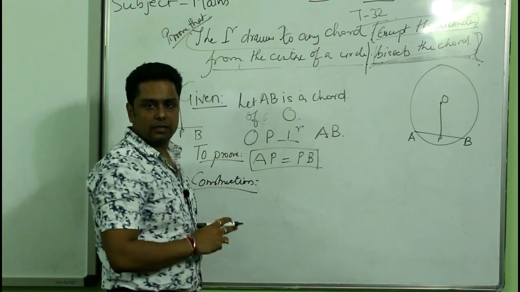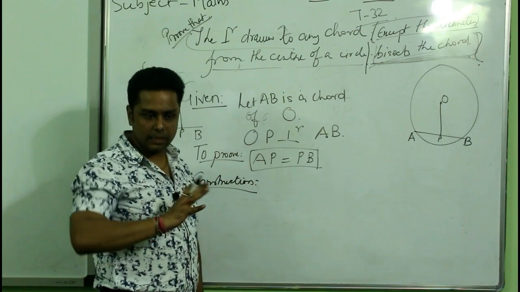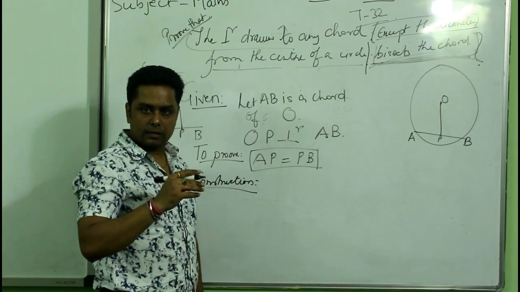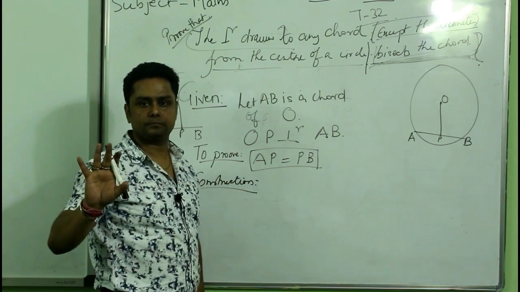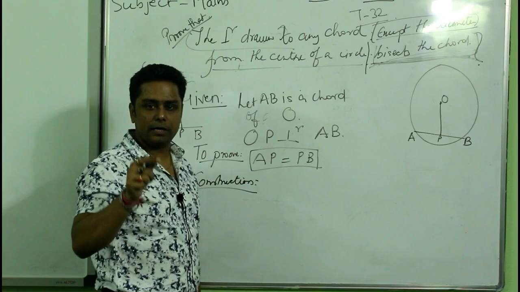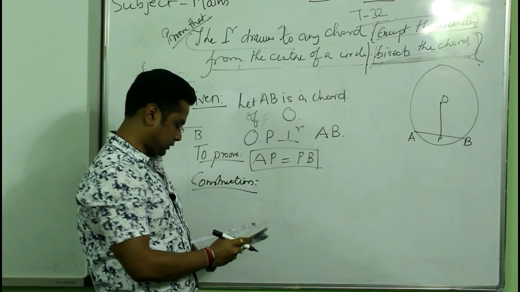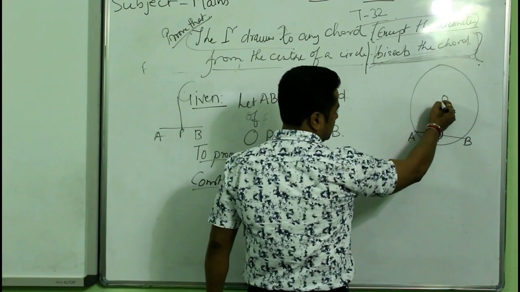Whatever I am writing on the board is in your book. First, understand it. Keep a rough paper or a rough copy. When I say keep on writing, then try to understand. Then go through the book once, done. Then close your book and try to derive the theorem on your own, finished. Okay. Now, the construction is, we will